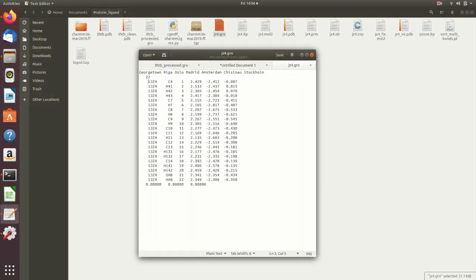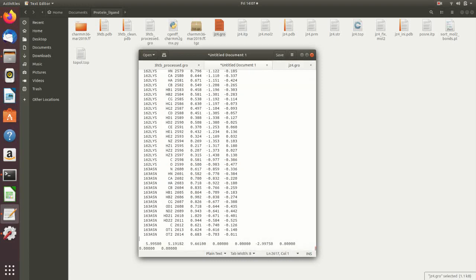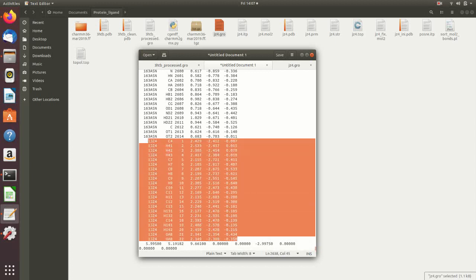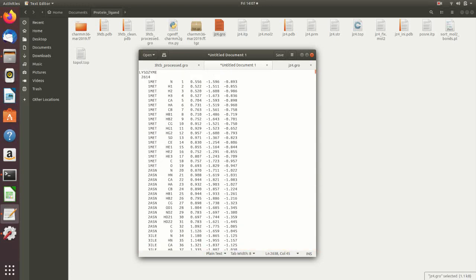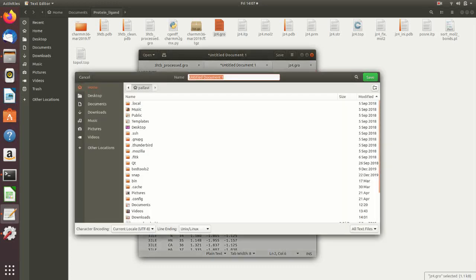So we'll have to copy all of these from the jz4.gro file to our new document. Now since we have added 22 more atoms, we'll have to change the total number of atoms at the top in our file, which will be 2636, and we'll save this file as complex.gro.